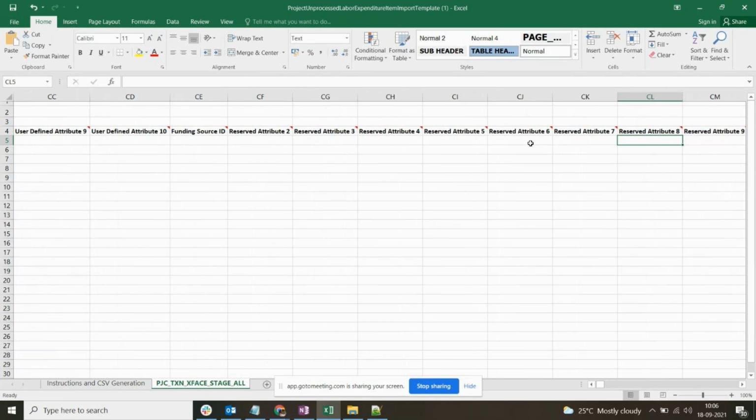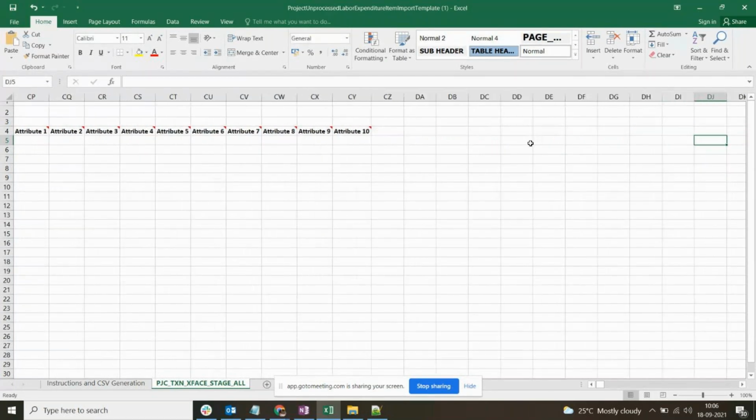And again, if you want to capture some additional information at the transaction level, then yes, you can make use of all the attributes here. Okay, I'll stop here. We'll continue tomorrow. So tomorrow we'll try to populate the FBDI with the